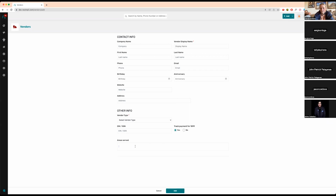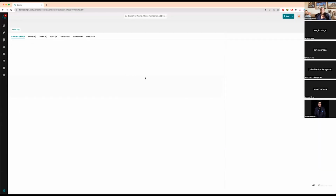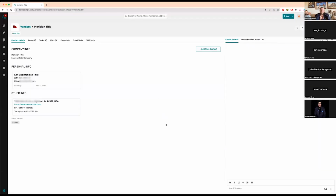And then right here, you can put the areas that that person is doing business in. So let's say I'm doing Lake County. So if I'm in Lake County, I can do that. So I can add all the areas that this person is doing business in. I can click on add, and then this is what it will look like. So once I've added a vendor, this is what